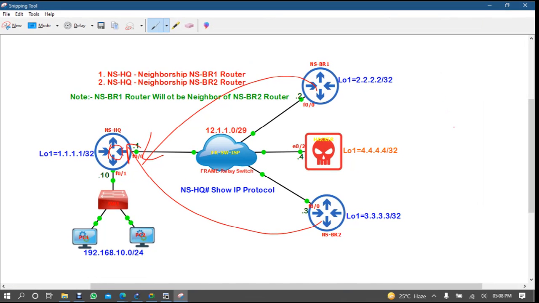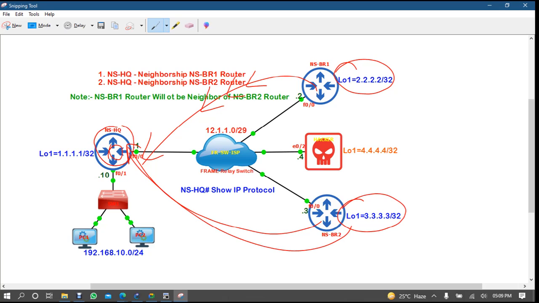Branch 1 is sending this update and branch 2 is sending this update, right? Then the headquarter router would send the update back out the same interface, right?